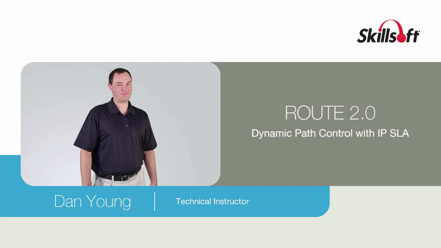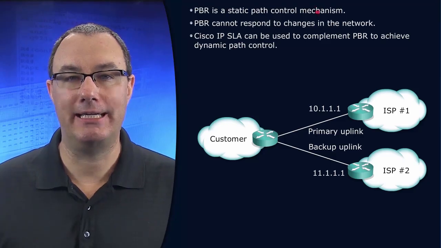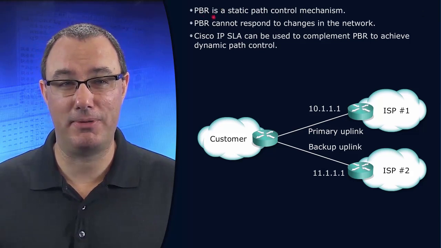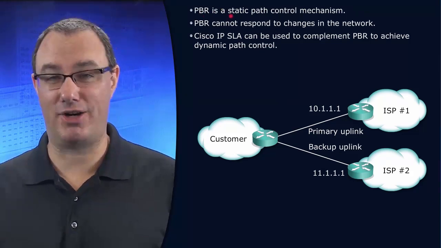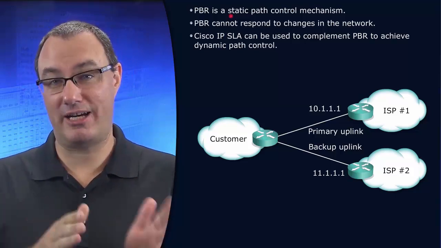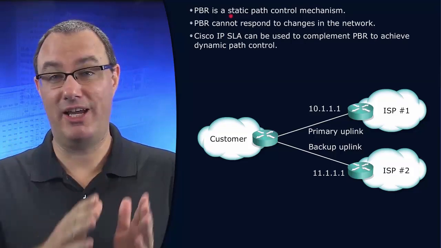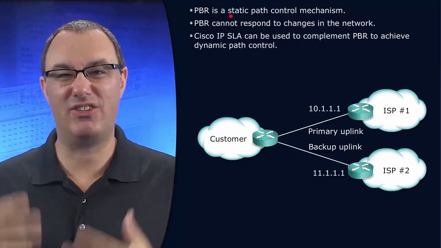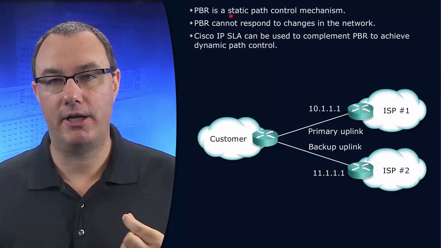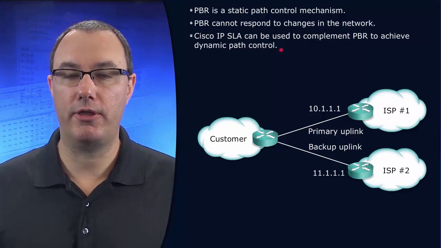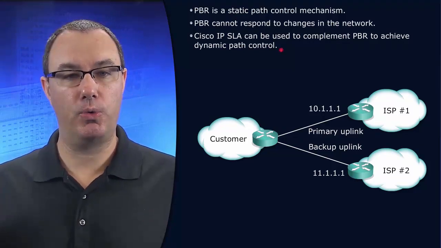When we think about path control mechanisms, the first thing that would typically come to mind is policy-based routing. And policy-based routing and static routes have a lot in common. They say, if this is what's going on, do this. Static routes, if it's this destination, do this. If it's policy-based routing, if it's any of these combinations, do this. It's static, right? But that can get us into issues where we lose the ability to maybe go to a